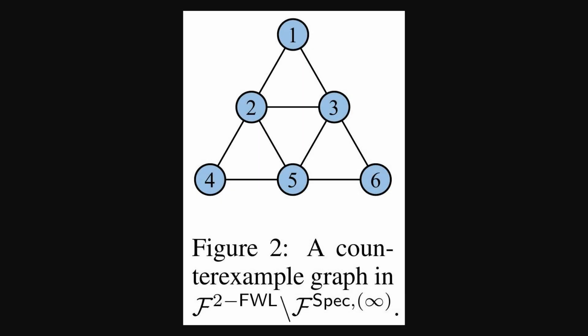Alright, building on that idea of expressivity limits, let's look at this next figure. It shows a simple graph with 6 nodes, arranged in a sort of triangle pattern. This is presented as a counterexample. It demonstrates that while spectral GNNs are powerful, they aren't as powerful as the 2FWL test. This specific graph structure is something that 2FWL can handle, but spectral invariant GNNs cannot, placing them definitively below 2FWL